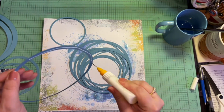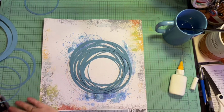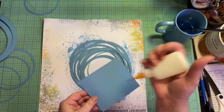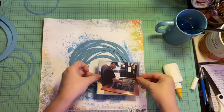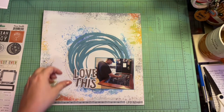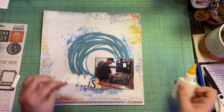Now, I put way more circles behind my photo here than was in the lift. I believe they used a cut file is what it looks like to me, but I didn't have a cut file, but I did have a circle cutter, and I made it work. So I'm going to load it up with some liquid glue, and I'm just going to plop that photo right down in there. The title for this is going to be Love This, because I really love